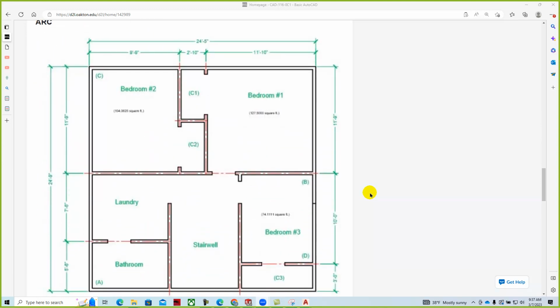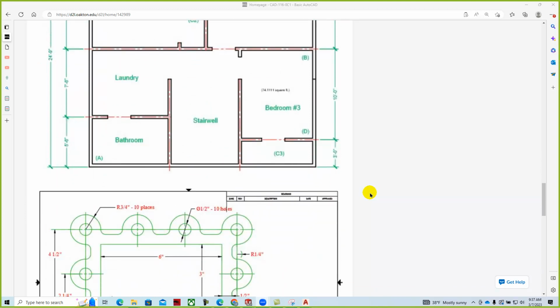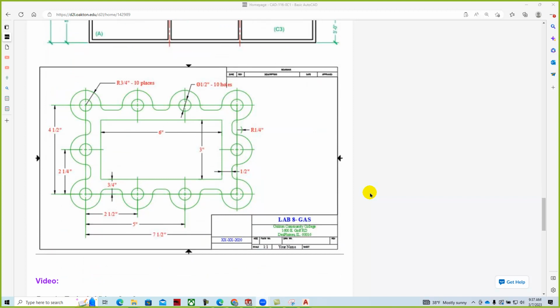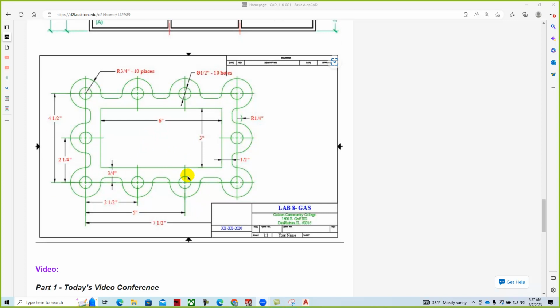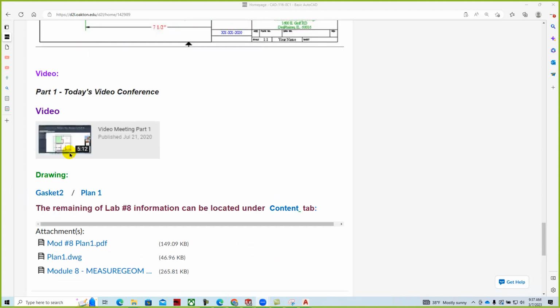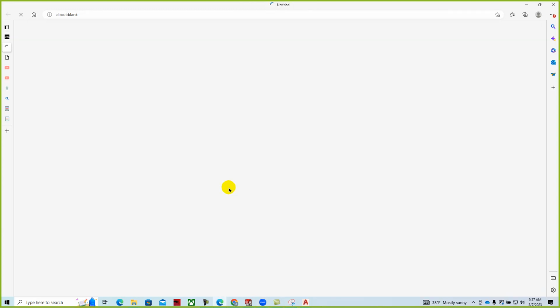And then we have an architectural drawing of a floor plan that we can analyze for area, and a mechanical drawing of a gasket. And again, we can analyze that drawing and check our area. We have a video that will demonstrate how to calculate out those areas. And then we have two drawings. The Plan 1 drawing